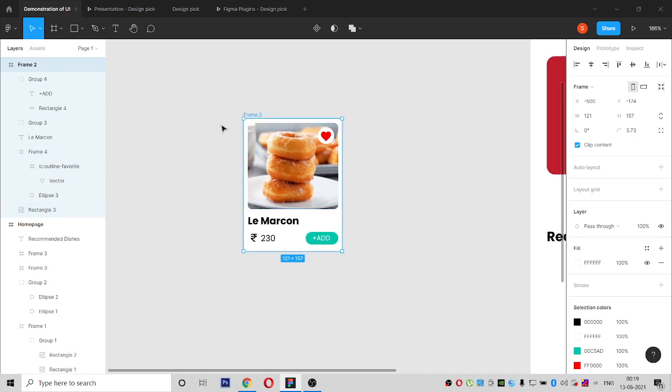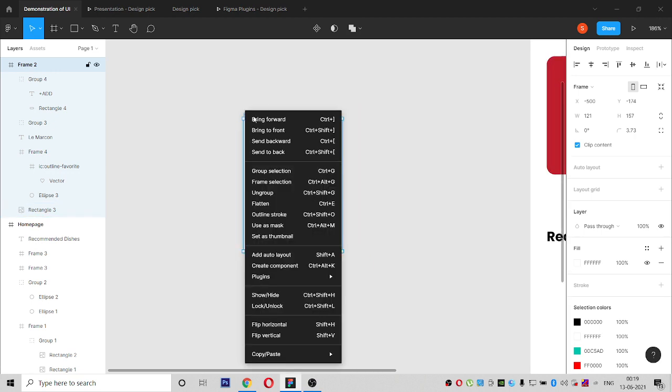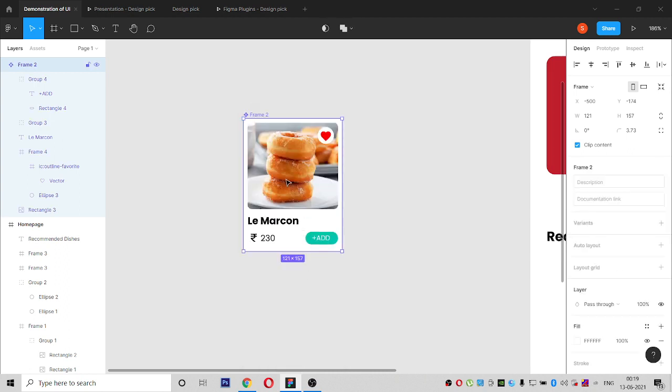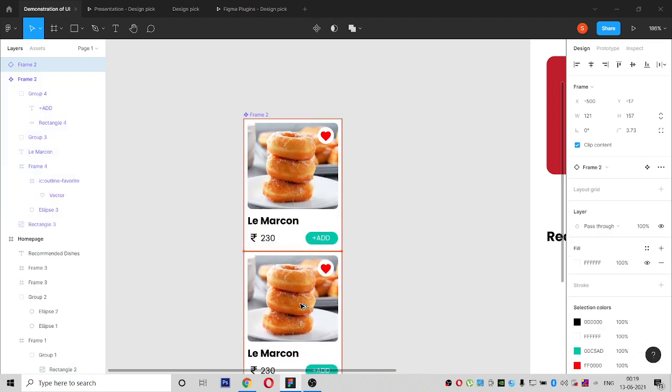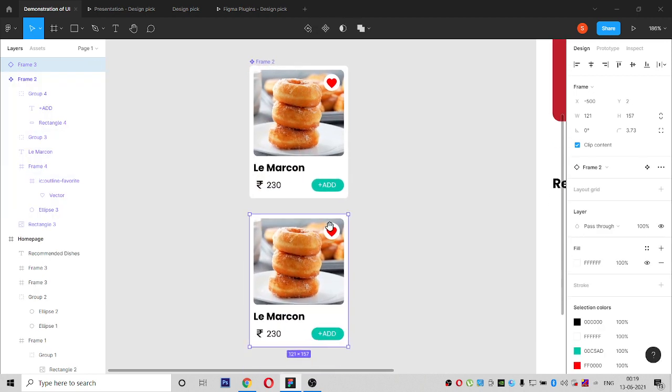So now what we can do is, there is a thing called component. When we are creating a component, this becomes purple. This is a parent object we have created. Now when we replicate this component, this becomes a child.